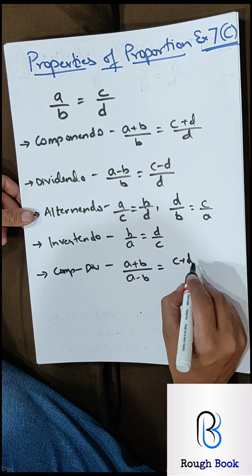So basically these 6 are called properties of proportion. Out of that, these two are very widely used. So we need to take care of this and we need to understand when to use it. Okay. So let's look at the first question. We're getting into exercise 7c, sum number 1. Your target is to prove this, and this is what is given.